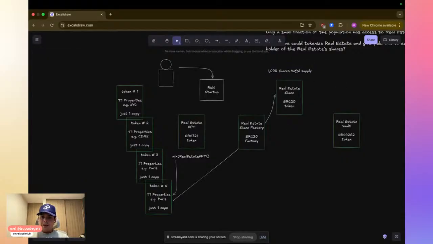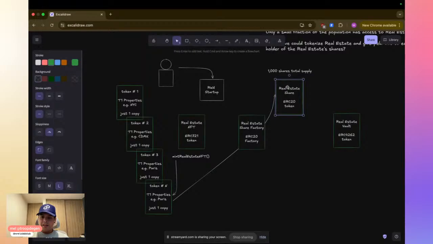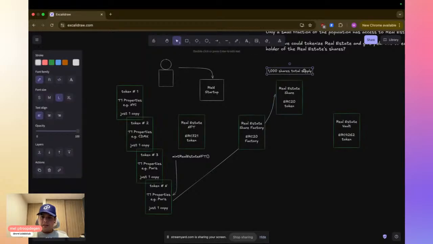And from these 1,000 shares that we create, people can buy, and we can define this: X amount goes to the owner, and Y amount is available for purchase.